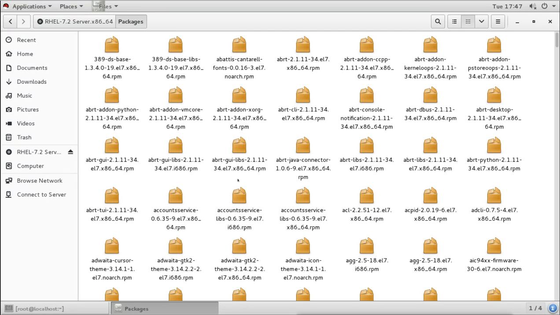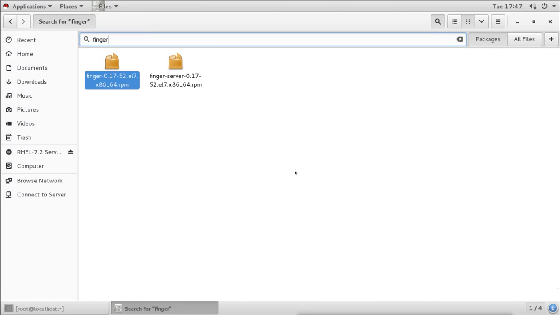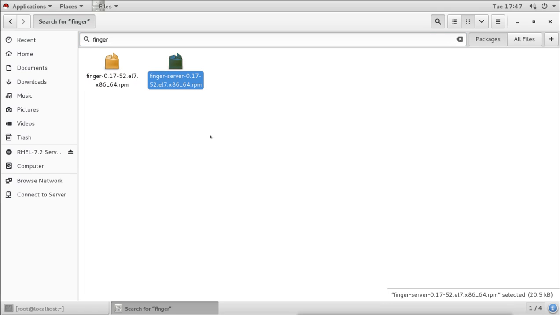So some of them we have installed at the time of installation, and if something is not there, then we can install it from here. So all the required files are there. Like we want to install the finger, so we can have finger here also. Now I am searching the finger here. Now I am seeing two things, two softwares. One is the normal finger tool. This is a client tool, we can use it to add the user information and see the user information, and this is the finger server, which we can use to configure the finger server to provide the user finger information on the network.